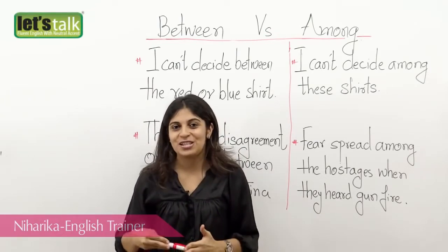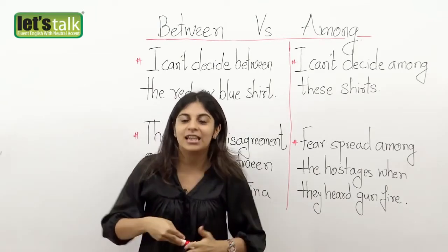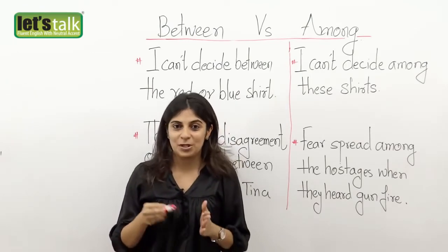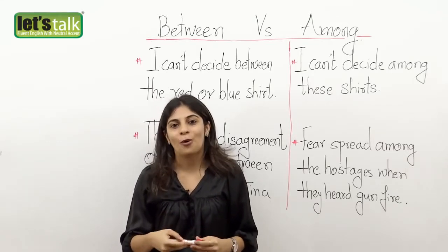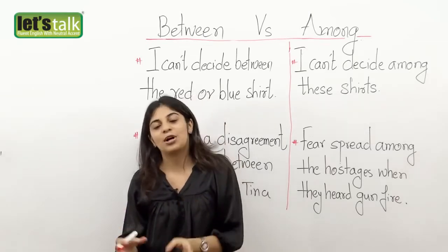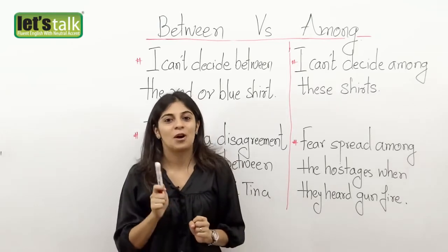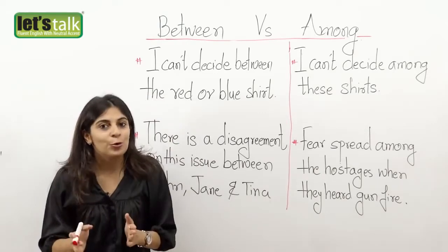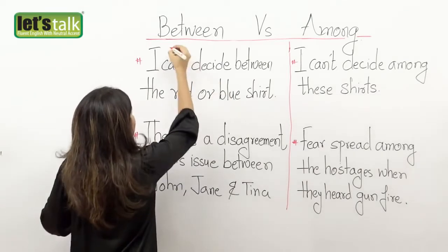Well, you may have just noticed that I said that we are going to talk about the difference between the words between and among. Now, I used the preposition between because here we are talking about a choice between two distinct words, that is between and among. So that's exactly when we use the word between. We use between when we are talking about two places, two people, or two objects.